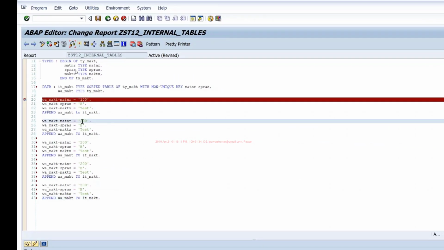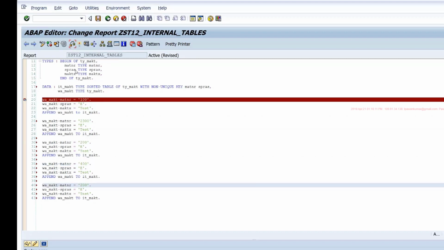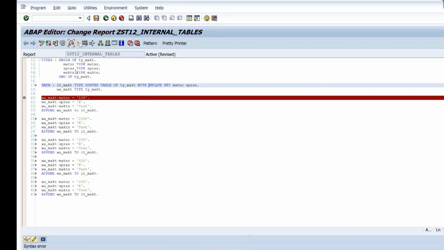Okay, so here let's make it 300, 200, 400. And I'll also keep one repeated entry, and I'll keep it as a unique key. Let's see what happens.